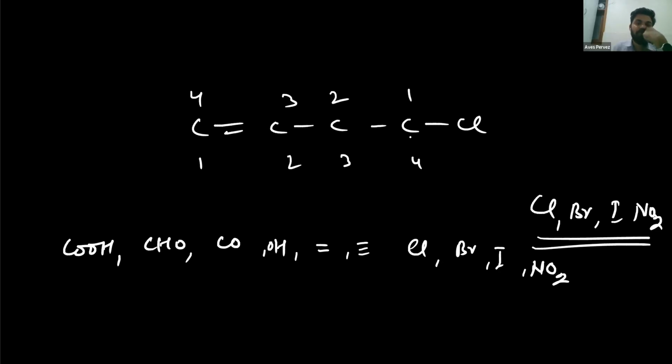Yes, sir. Now moving to the next part, the third rule. If we have more than one different prefix, then their names should be written in alphabetical order. I told you, when we have prefix, then we have root, then we have saturation indicator, then we have